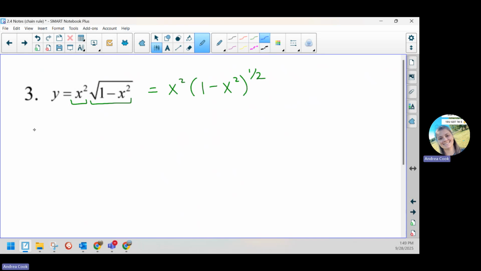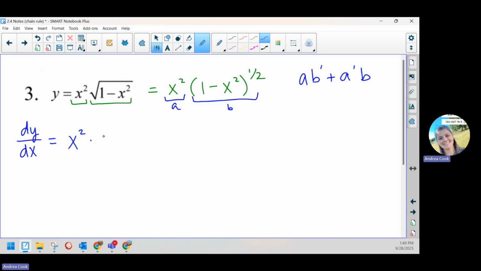So when I go to find the derivative, I'm going to call this dy over dx this time. I'm going to have to do product rule. So if this is a and this is b, we're doing a times the derivative of b plus the derivative of a times b. So I keep that x squared